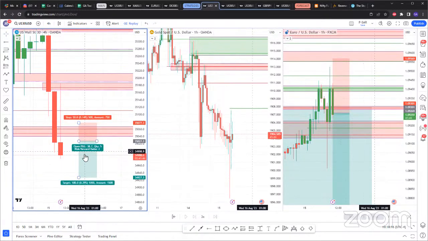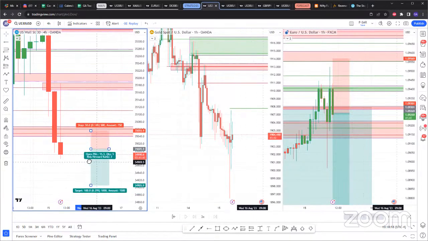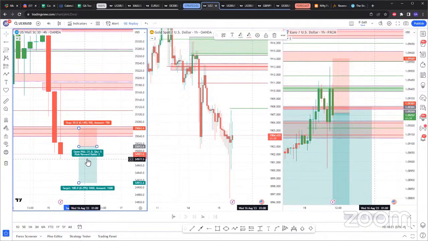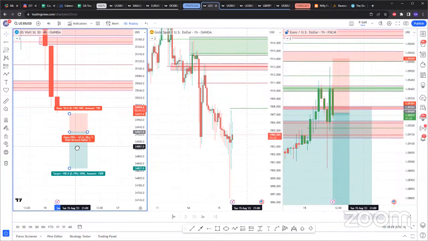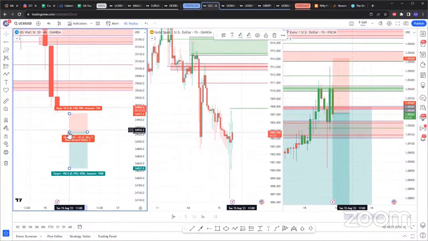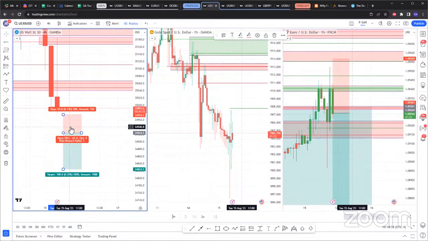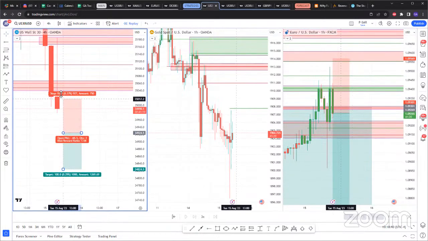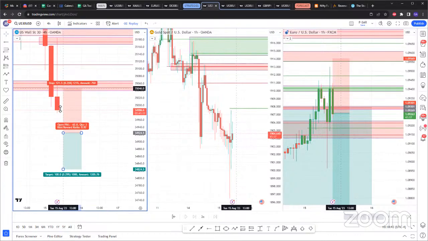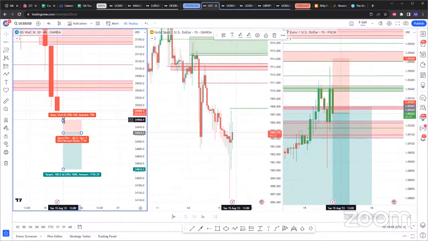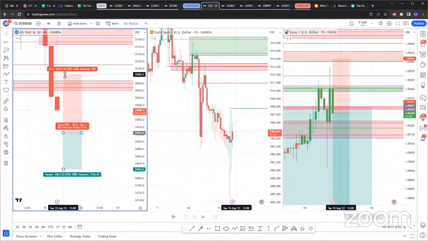Now, when you get that closure, so let's say US 30 closes, remember, for me, you're looking to have a nice like 1:2 risk to reward, right? So if US 30 closes down here, for you to have a risk to reward that respects your stop loss parameters, because keep in mind, let's assume the 4-hour candle closes here. Yes, it is a valid entry, but for you, you need to think about how big is your stop loss going to be. If you want to do your 30 pip stop here, yes, that's still possible, but what are the odds that you're going to get faked out because US 30 would need to come back and